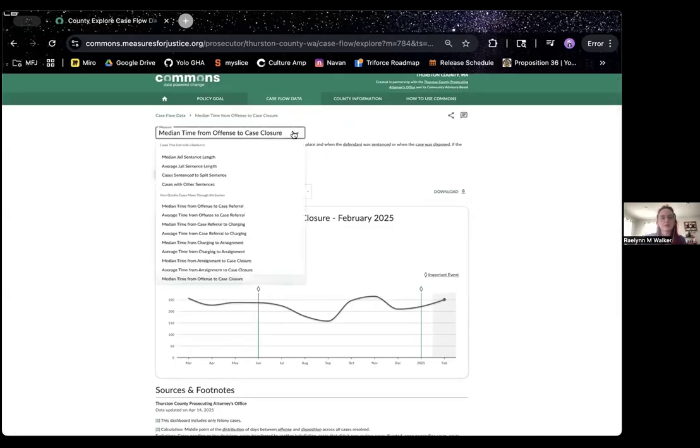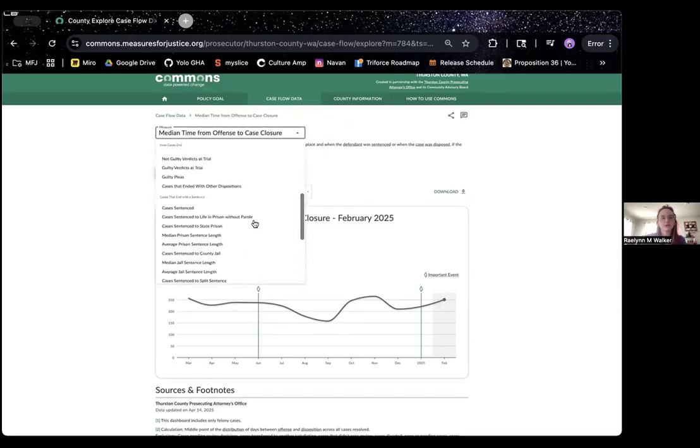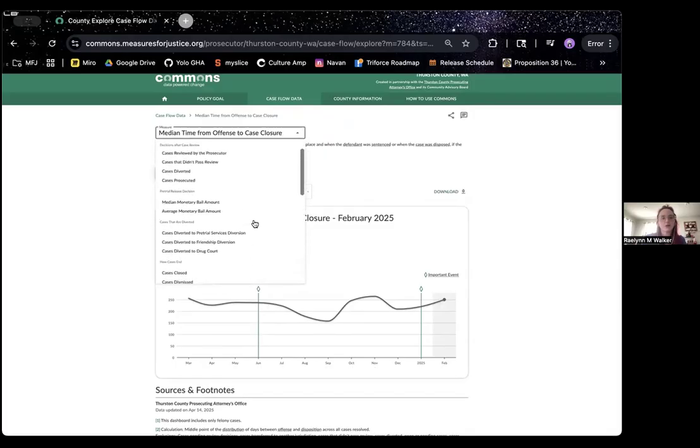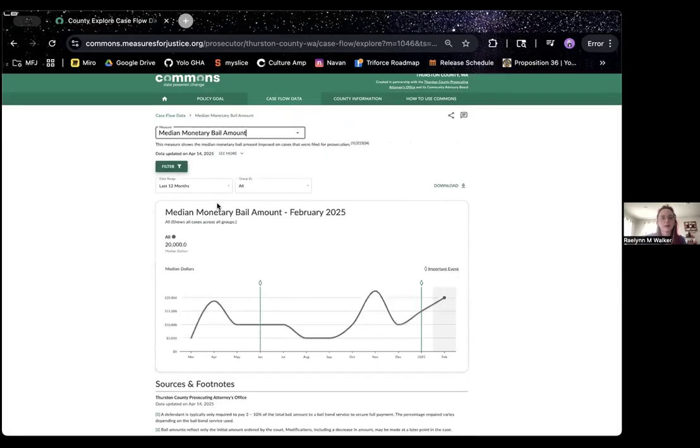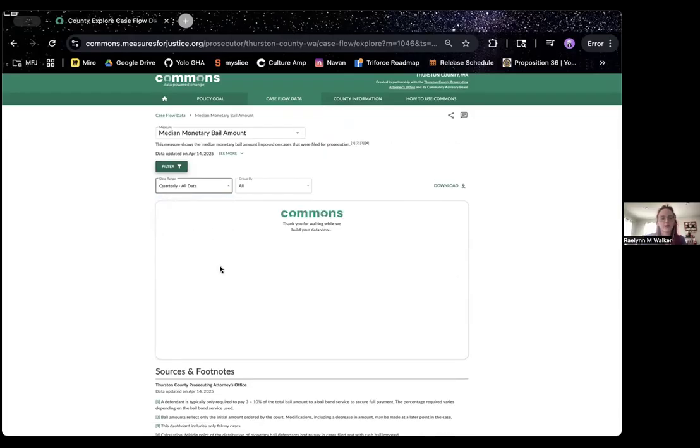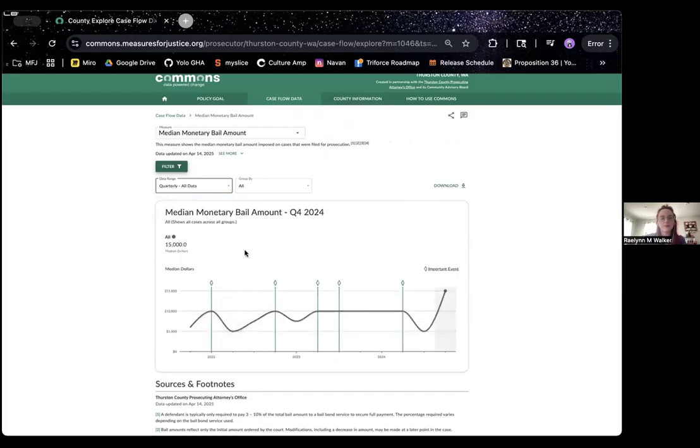And there's a drop down. You can click to all the other various measures that we have. And so if we're interested in bail amount, we can click right to it and it'll switch over to that measure. You can change the date range. And so if you want to look at just the last 12 months or you want to look at all the quarters that we have data for, it will immediately switch over